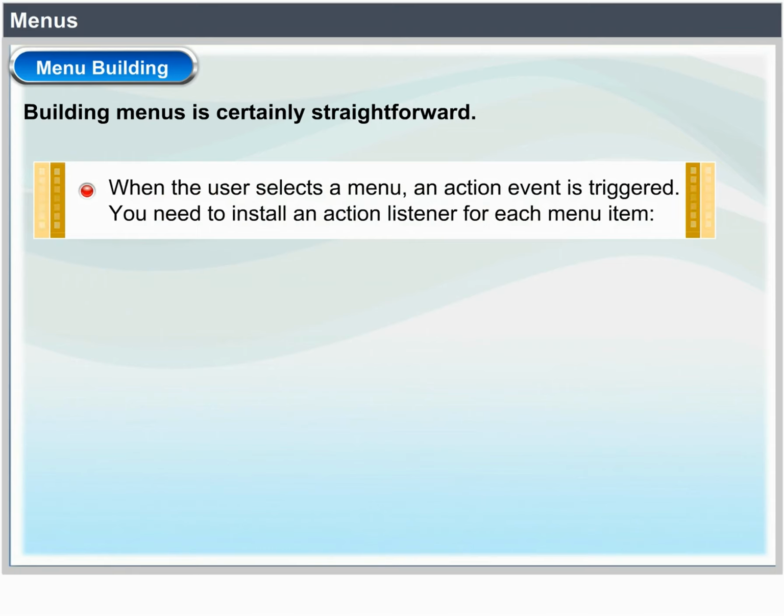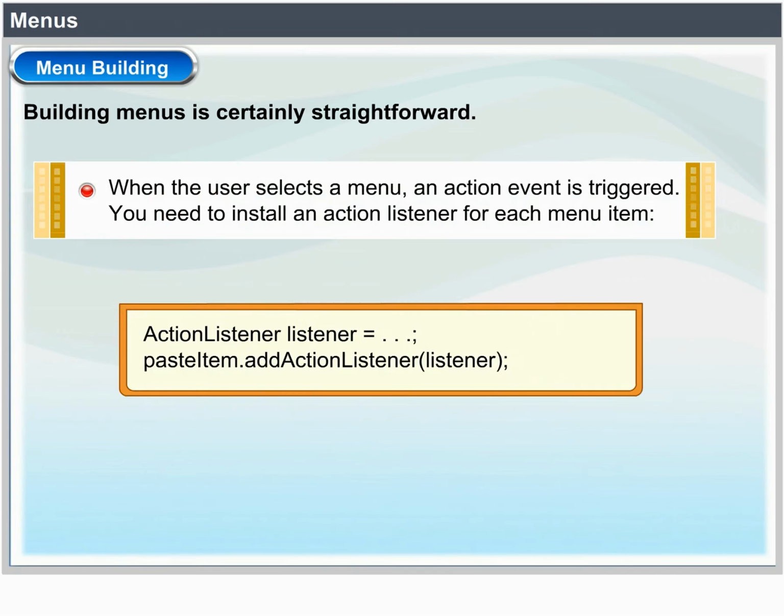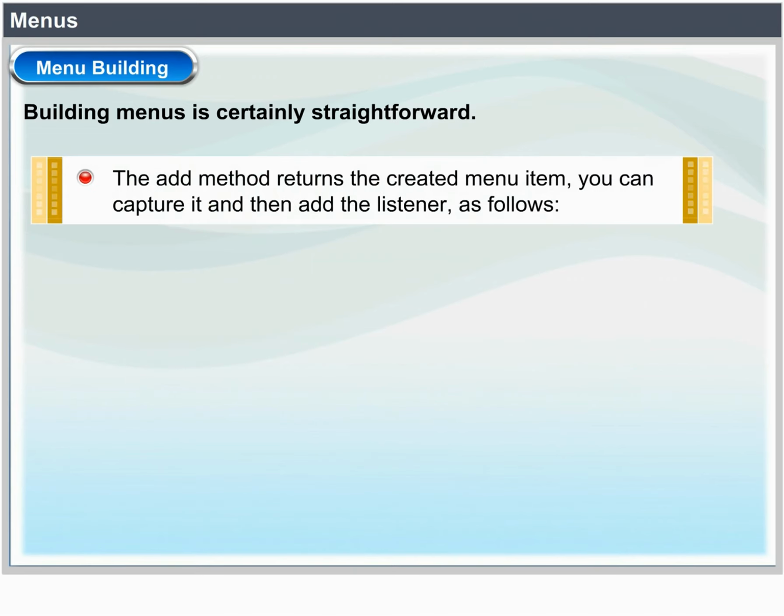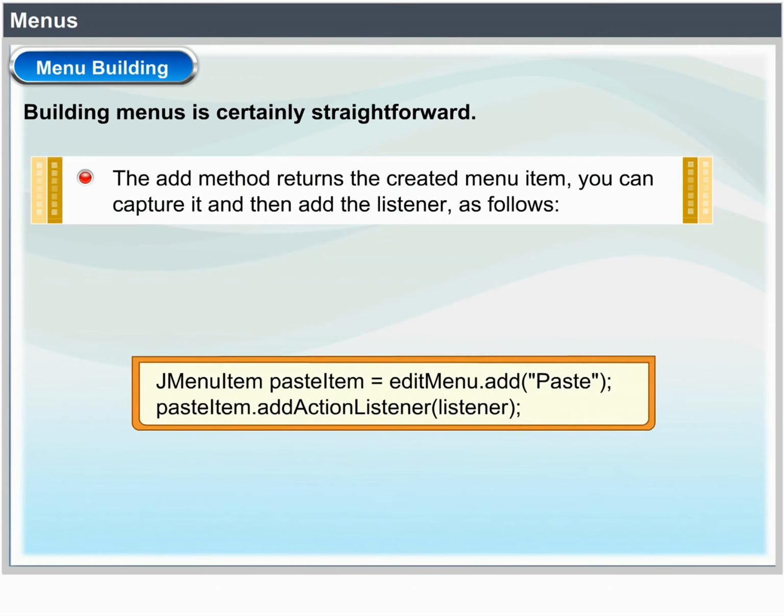When the user selects a menu item, an action event is triggered. You need to install an action listener for each menu item. ActionListener listener = ...; pasteItem.addActionListener(listener); The add method returns the created menu item. You can capture it and then add the listener as follows. JMenuItem pasteItem = editMenu.add("Paste"); pasteItem.addActionListener(listener);